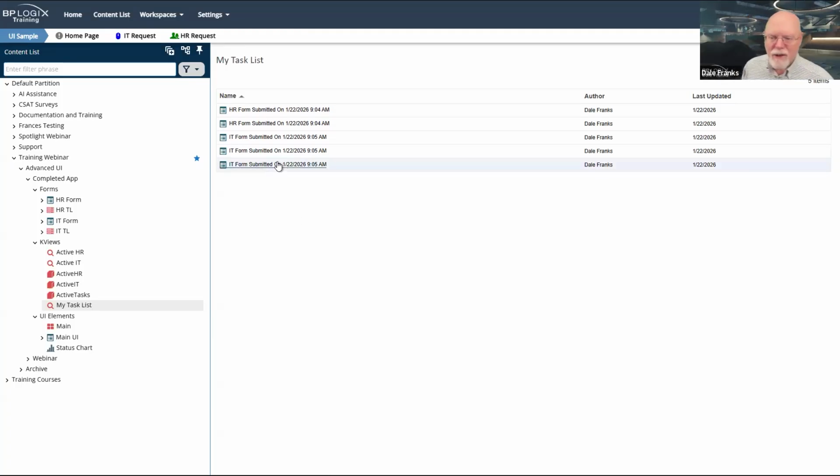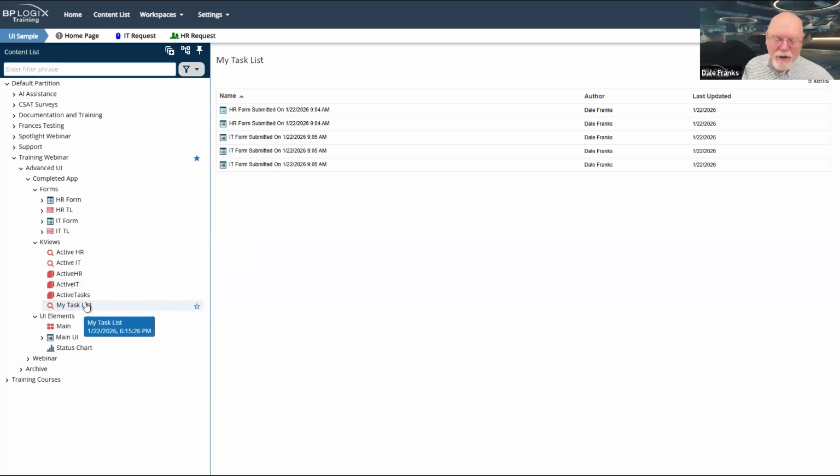So I just get to see them. I get to see them all. I'm kind of cheating a little bit here because all the tasks always get assigned to me. So it makes my life a little bit easier whenever it comes to pulling back the form instances that I want. But in any case, this is the purpose of this task list.